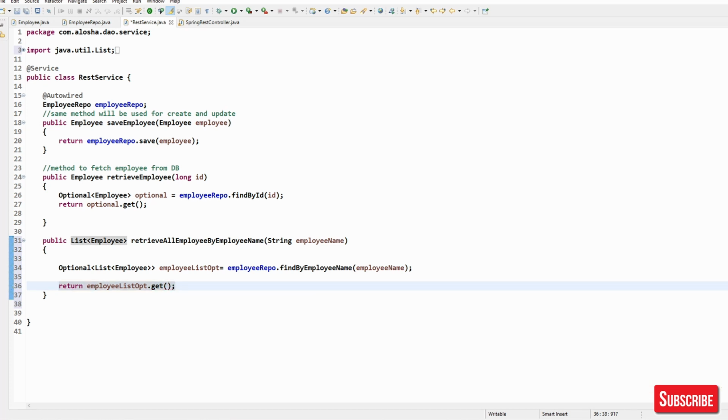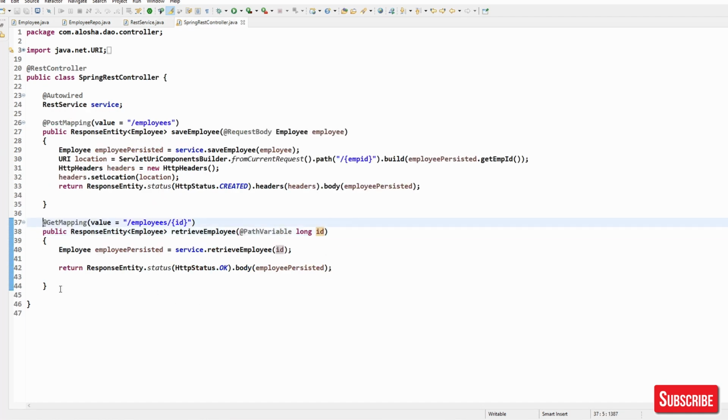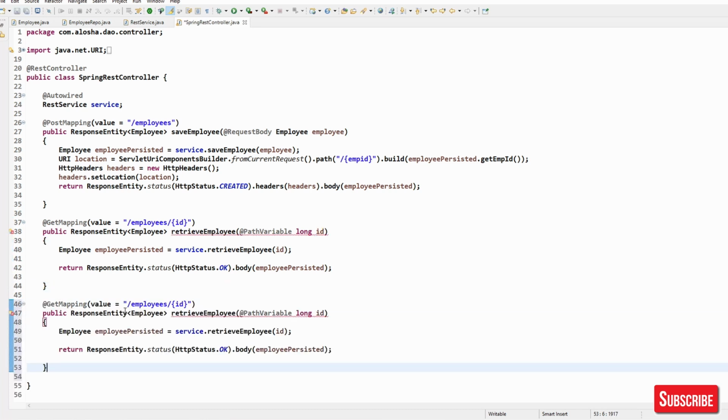Okay, sounds good. So now we have to define a method for retrieve all employees by name. Here we'll go with name, and the path variable is String name.